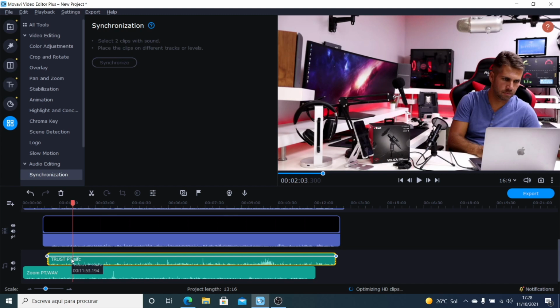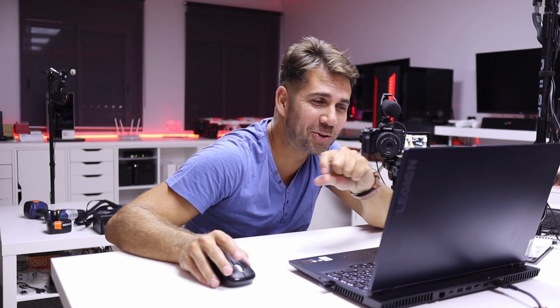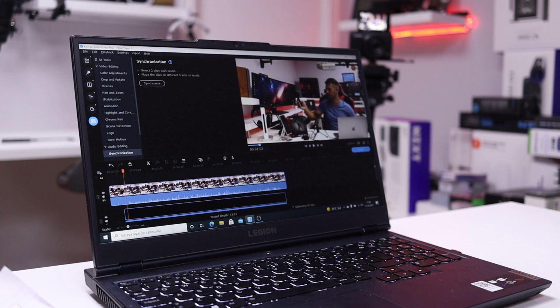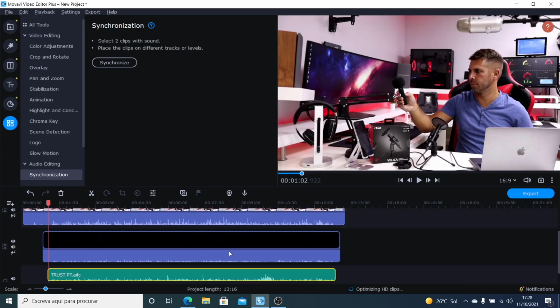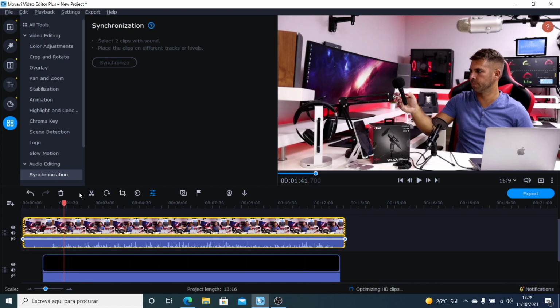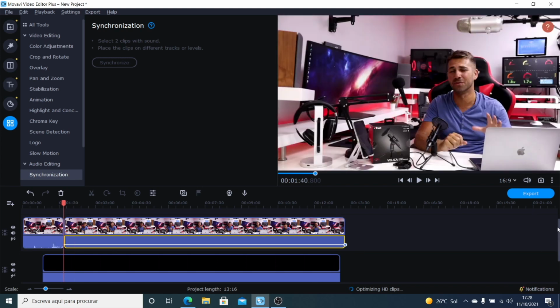Now if I press this one and this one, synchronize. Okay, we might have a solution here for the multi-camera to see if it works by synchronizing 2 by 2. That's not a bad idea. Okay, let's see if it works. Now, what I want to do is, basically this was a comparison between microphones. So what I'm going to do is I'm going to leave this audio right over here, and let's cut this one here and remove the audio, and from here we will want